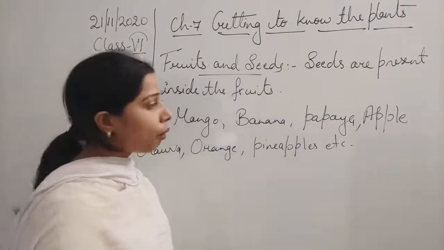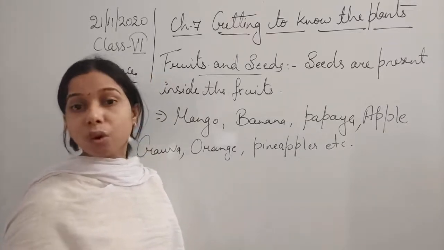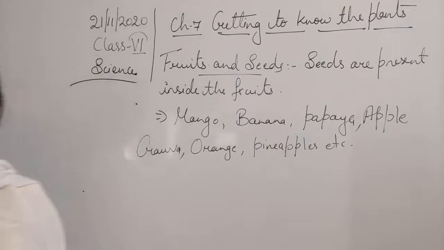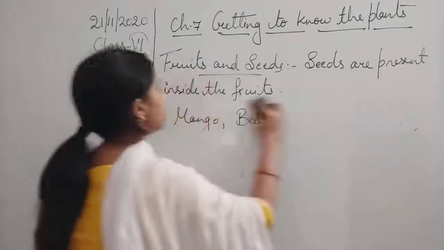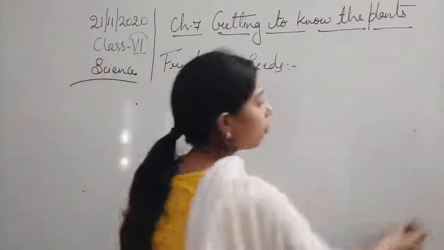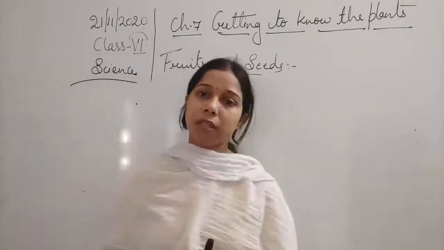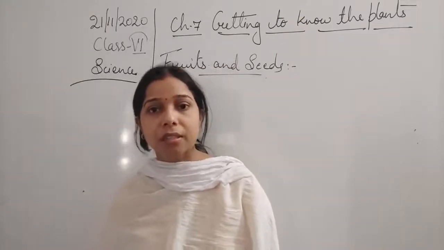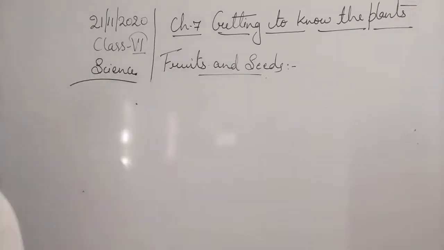Okay, and all of them are edible, consisting of juice, and the second thing is that they consist of seeds inside. Okay, now if we talk about the seeds and the fruit, you see that the fruit, all of them consist of a seed inside. If we talk about the fruits and seeds, how does the formation of the fruits and the seed occur? So basically you see that the formation of the seed and the fruit occurs due to the process of fertilization.